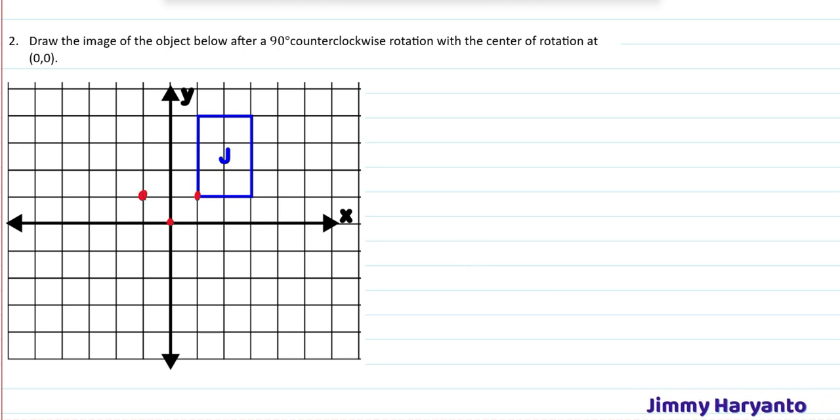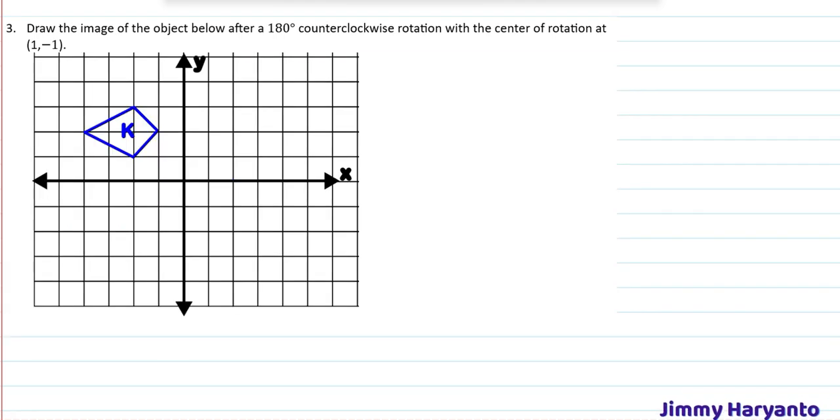And then the next one, let's say that one. Create a line like this, and then measure 90 degrees around that big, and then create another line as long as the first, and there is our image. Then you connect them together and you will have this shape, J prime.